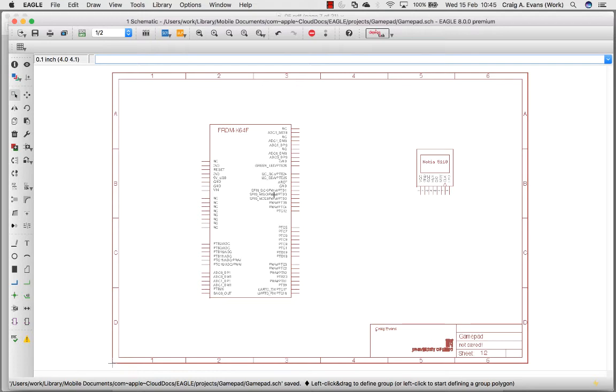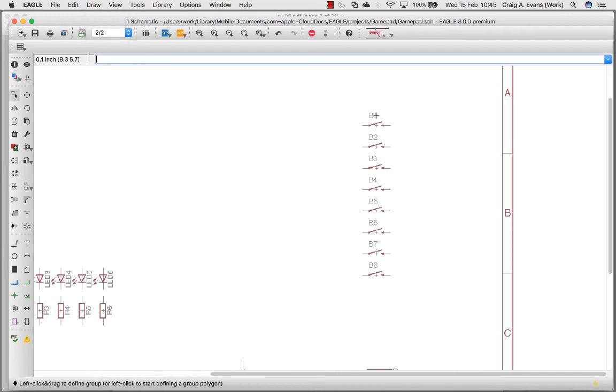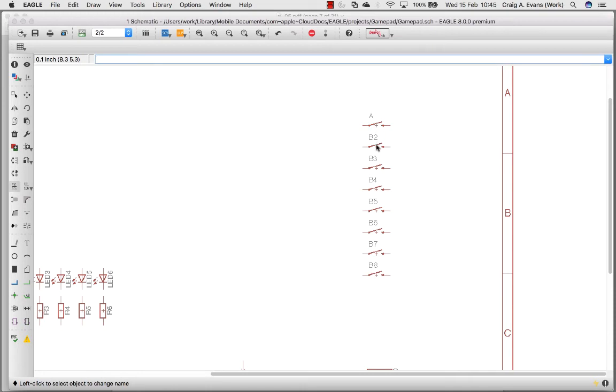So now we can start giving names to these different components. So I'll go back to the next sheet. So the buttons, the top 4 are the big buttons. So we don't want to call the buttons B1, B2, B3 and B4. We'll call them A, B, X and Y, like you find on an Xbox controller. So this tool on the side here is a name tool, so I can select the name tool and click on the button. So that'll be button A, this one B,